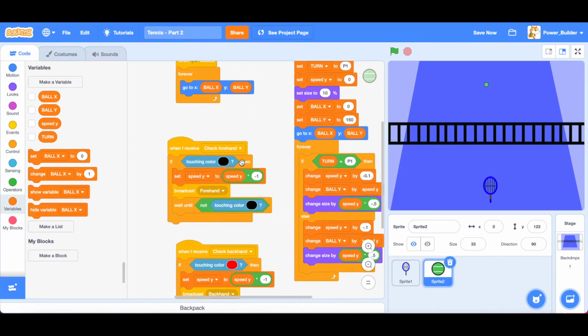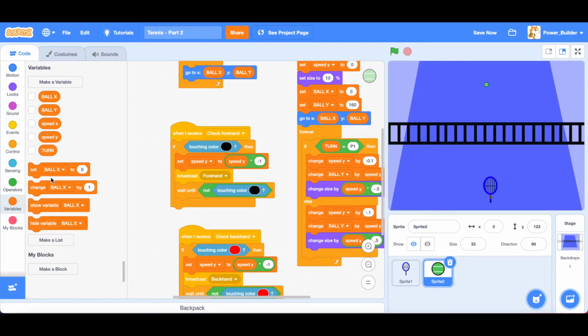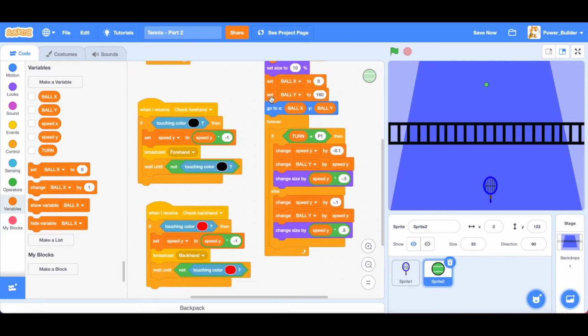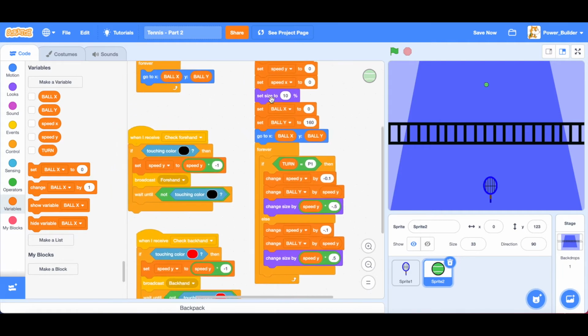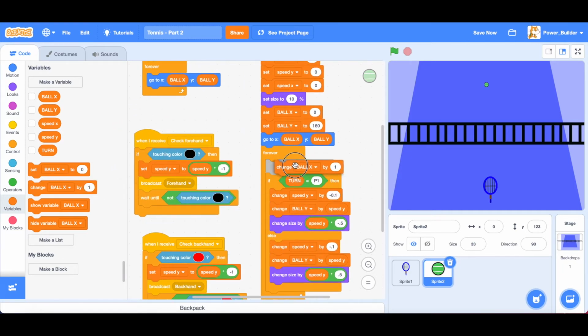So you need the variable speed x for this sprite only. At the beginning, set speed x to 0, and then set forehand. And we also need to change ball x by speed x.